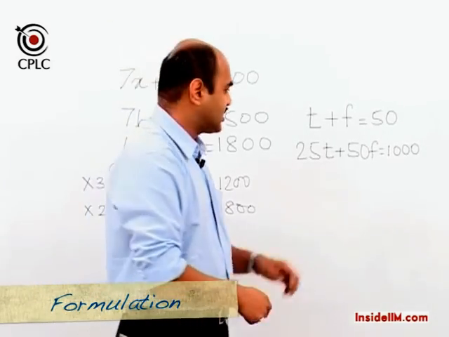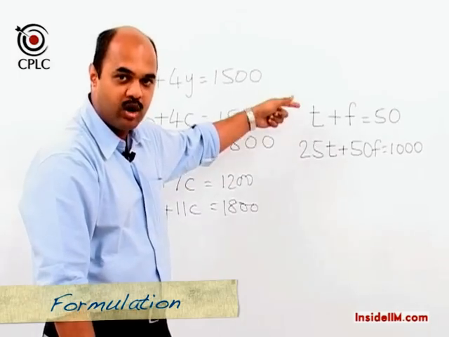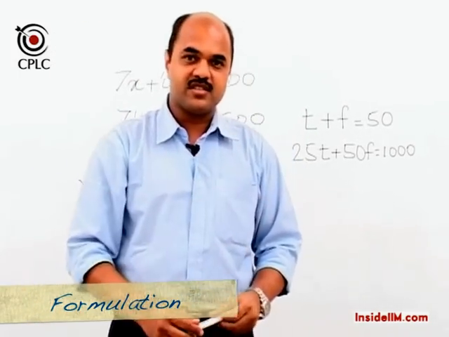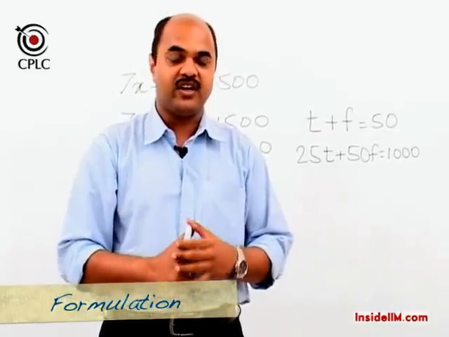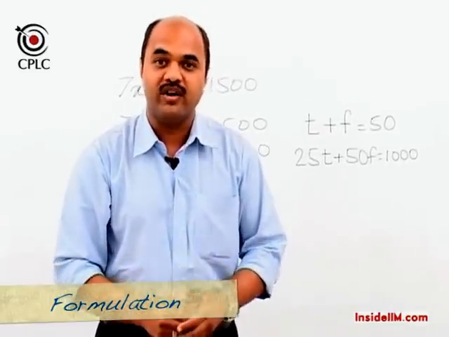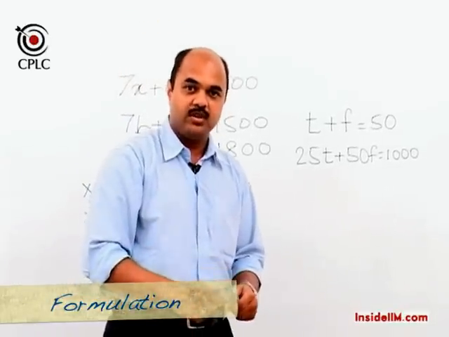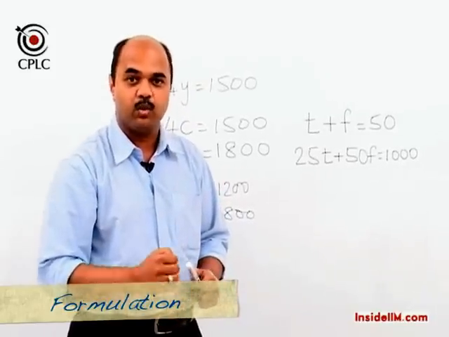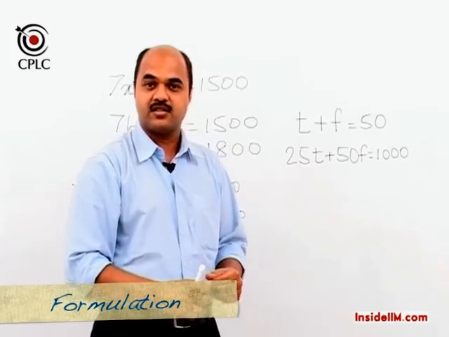Depending on what is asked, I will decide whether to multiply the first equation by 25 or 50 and solve it accordingly. However, this is an ideal example to prove the point that if it is possible, use only one variable. Why? If you have an equation in only one variable, it is obviously faster to solve that equation. So my solution will depend on what is asked.